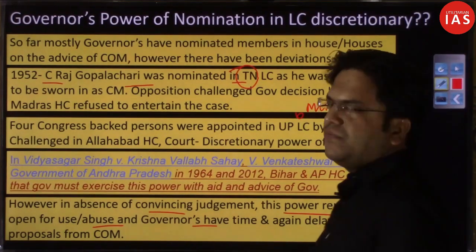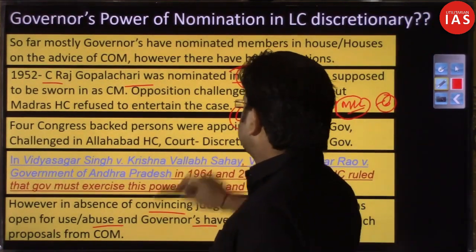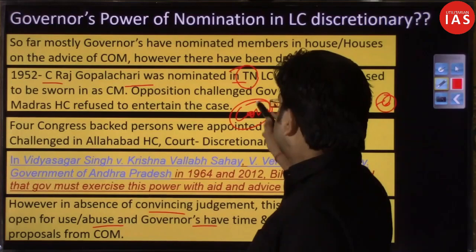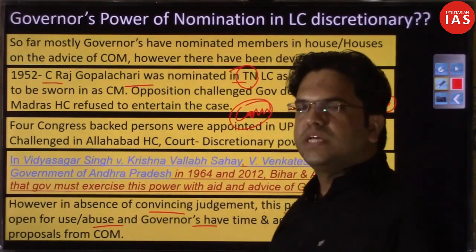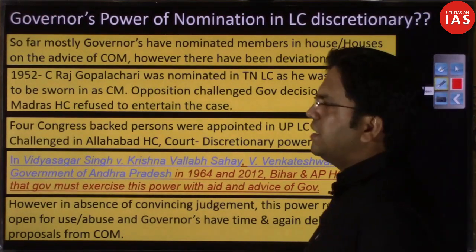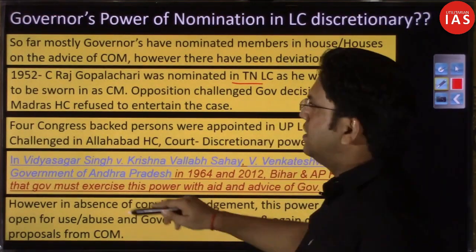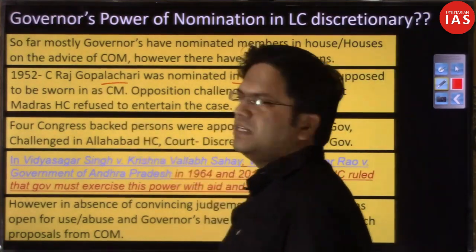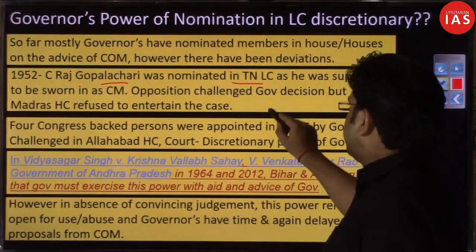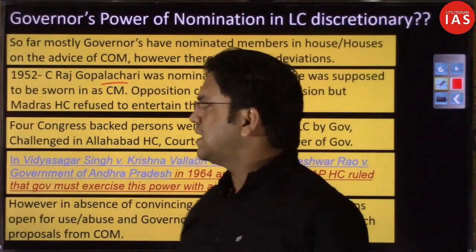So the governor of Madras state, without following the advice of the Council of Ministers, without even asking the Council of Ministers whether this person should be nominated into the Legislative Council or not, nominated C. Rajgopalachari in the Legislative Council,